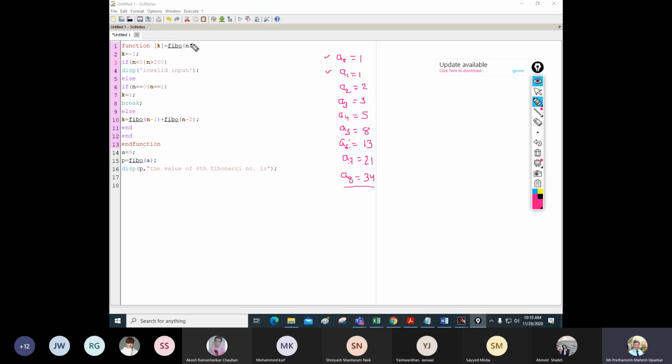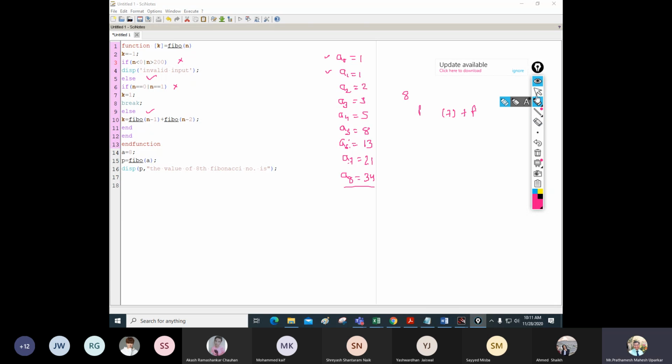Again, how will this function execute? जब मैं 8 input करूँगा, I will put 8 into this particular function. It will come straight down because it does not satisfy this, so it will go to the else. else में वो condition check करेगा, ये condition भी satisfy नहीं हो रहा है, इसीलिए वो else में जाएगा. else में जाके क्या दिखेगा उसको, k को, I want to find out what is fact of 7 plus fact